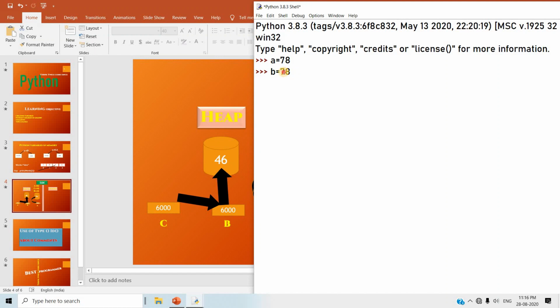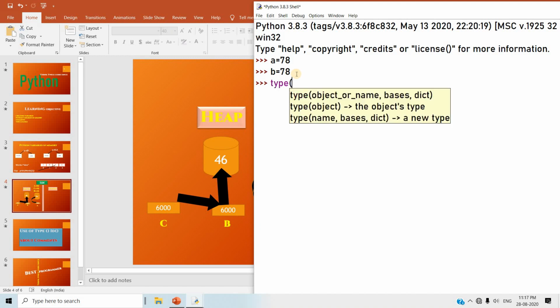It means that the address should be the same. As I told you in the slide, it will work upon the same address. Now let's check how. For that we have a type function, type of variable a.